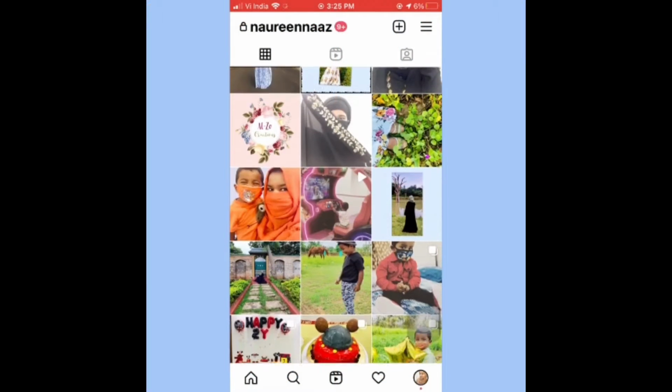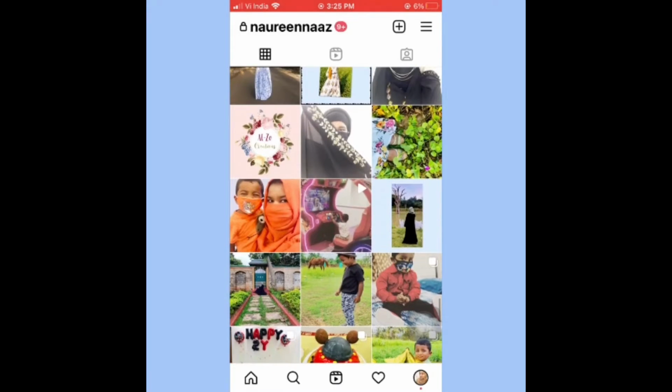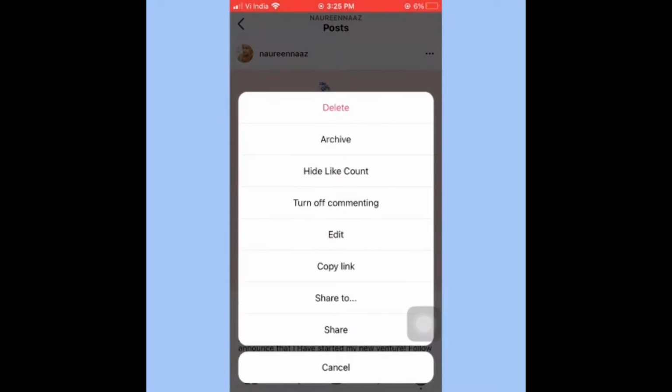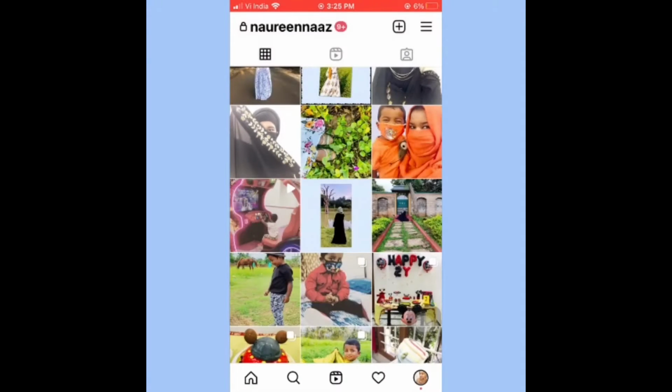So guys, trick number one is to hide a post from your feed. At times we feel that one or two posts on a feed are unnecessary, or sometimes when we have a good number of followers following our profile recently, we may feel like a couple of posts have to be hidden from them. In that case, you can simply select the post which you want to hide and archive it.